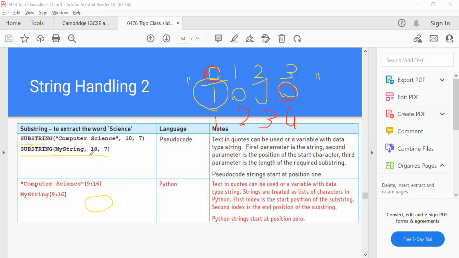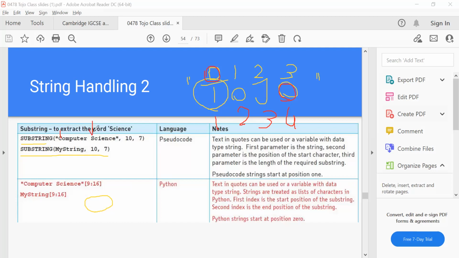So can you tell me the position 10? If we start here from 1, S, so S here, right?